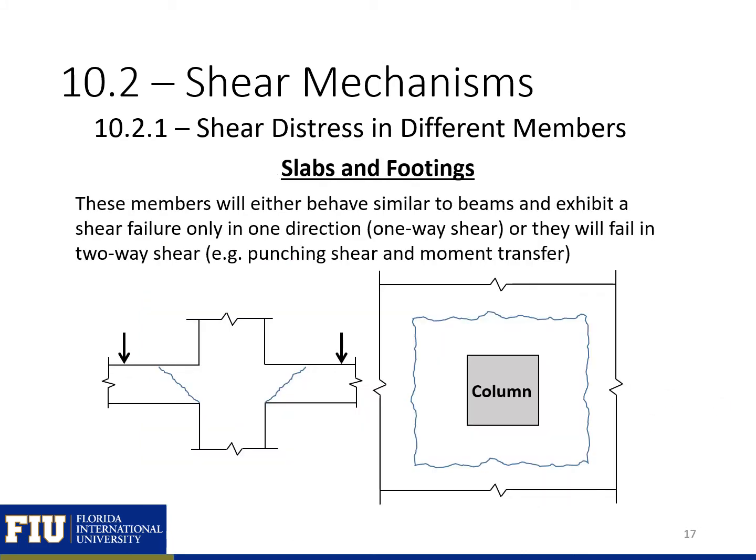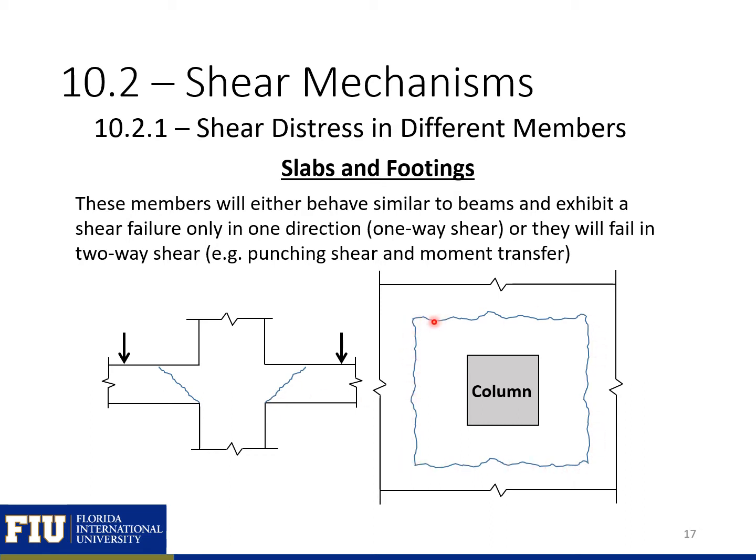We can also have shear distress happen in slabs and footings. These members are either going to behave similar to beams and exhibit failure in one direction, or one-way shear, just like beams or low axial columns, or they're going to fail in what's called two-way shear or punching shear and moment transfer. With punching shear, we'll get this diagonal cone that happens around our column, kind of all the way